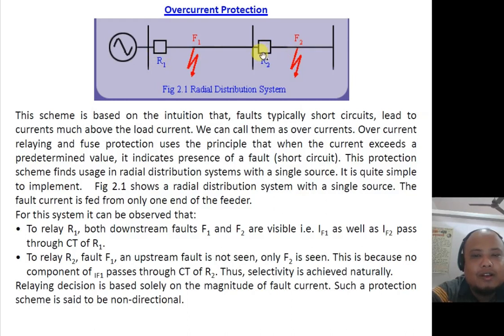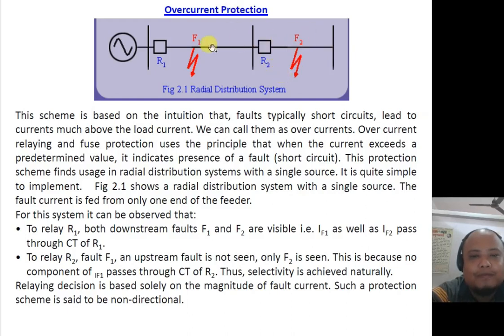For this line section, the relay is R2, and it will have its associated circuit breaker and trip circuit. So if a fault appears here, this should be the primary relay along with the primary circuit breaker. For this line section, R2 should be the primary relay along with CB2 as the primary circuit breaker for